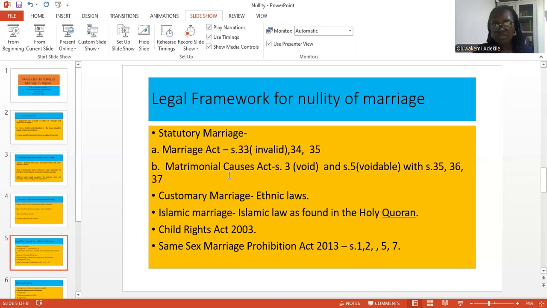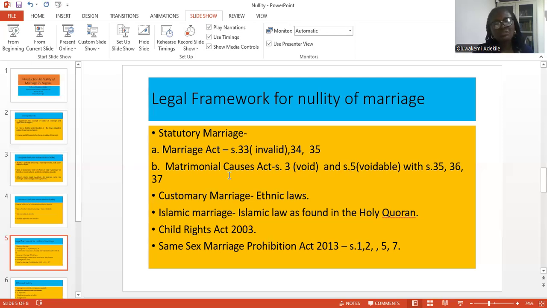And if you purport to marry a child, or to betroth a child, or to celebrate and conduct a marriage involving a child, that is somebody under 18 years, under most of these laws, that marriage is a nullity in the eye of the law, and it's even a crime to do that. So that's the law that applies generally to children. It is immaterial, for instance, whether the marriage is statutory or customary or Islamic. You do not conduct child marriages.